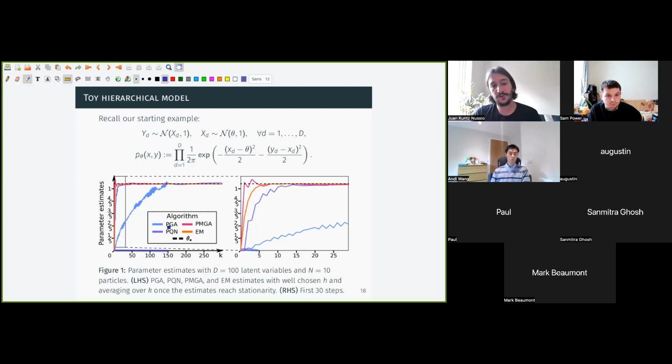However, it's not difficult to do some small tweaks to PGA to get it to converge a lot quicker, in a way that is comparable with EM. In particular, PGA, the way I've written it there, is a little bit ill-conditioned, because the theta gradients can be a lot bigger than the x gradients, so you probably want to be a little bit more careful. So you have this obvious reason why it goes slow, but the good news is that it's obvious, so it's also obvious how to try to mitigate.